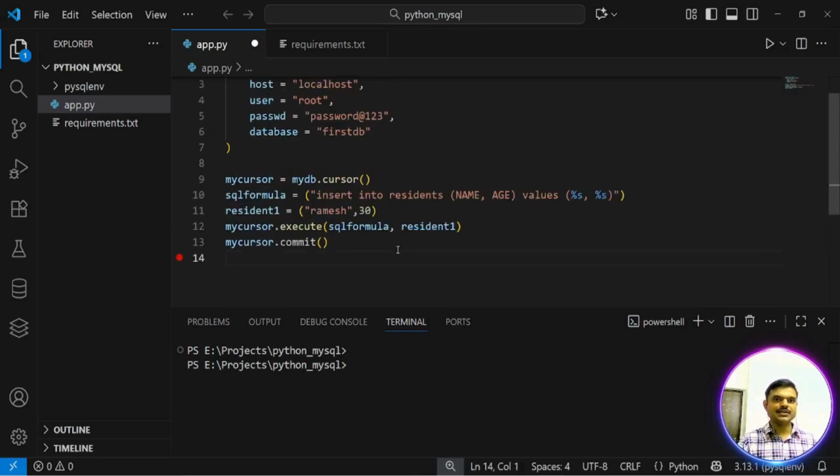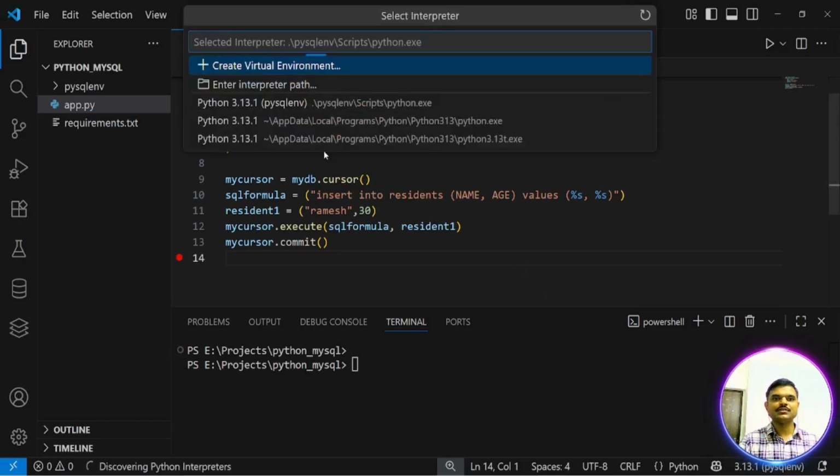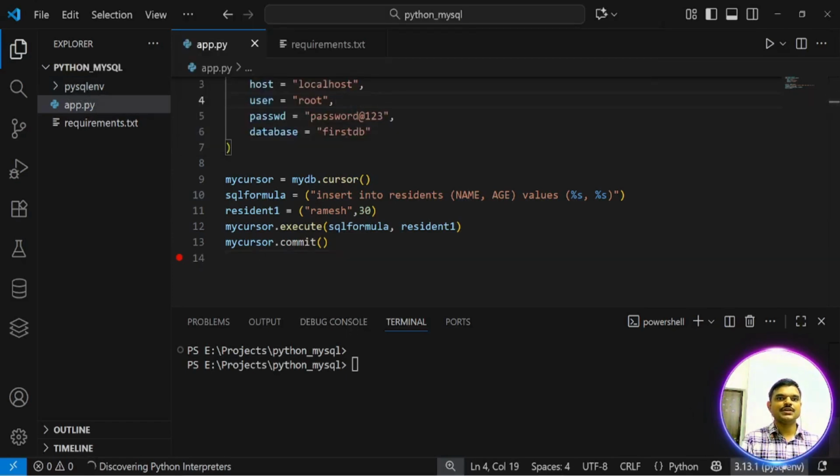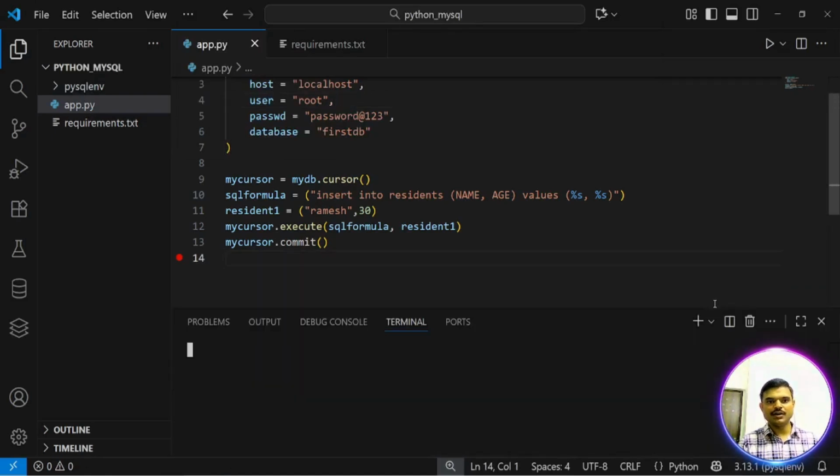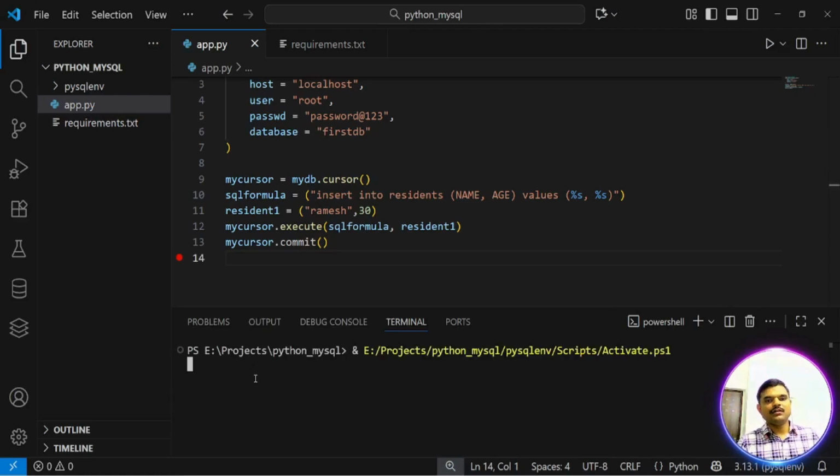Okay, now let's save this code. This virtual environment is not selected right now, so I will select the virtual environment first. For this PySQL project, make sure to select this virtual environment. Delete this terminal and open it again. We will see our virtual environment is activated. Now Python